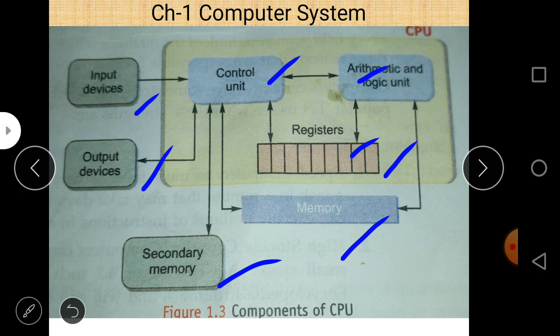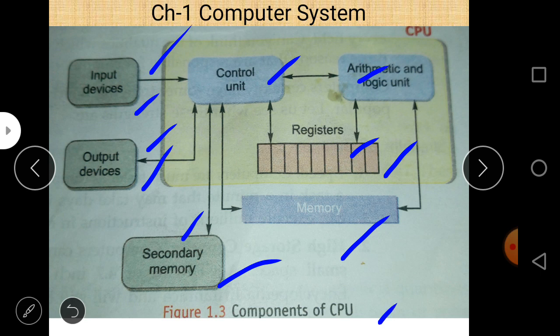In fact, each and every part of a computer is directly connected to the control unit, because the control unit's work is to send control signals to different units and check the functionality of the different parts of a computer, whether they perform well or not. So we can see that the control unit is connected to each and every part of the CPU in this diagram, and outside the CPU it is connected to the input unit, output unit, and secondary storage or secondary memory.